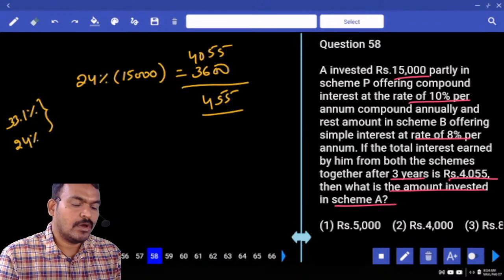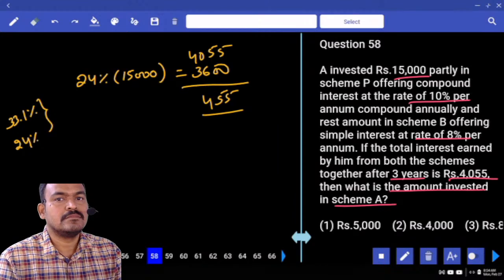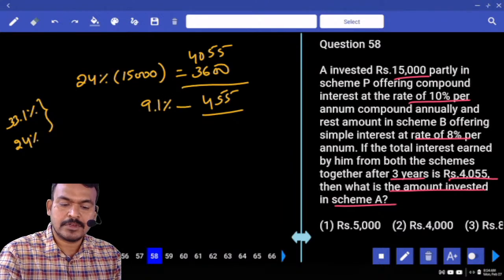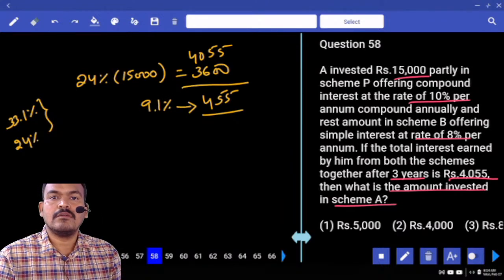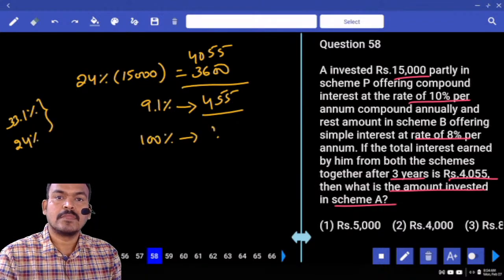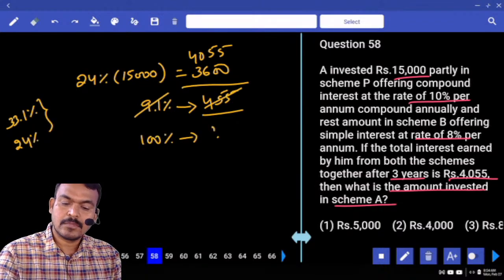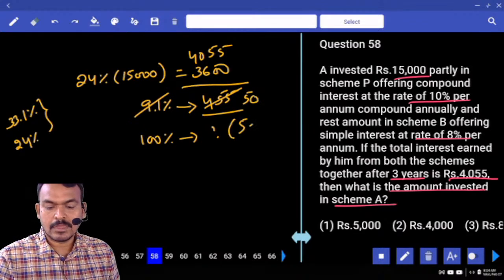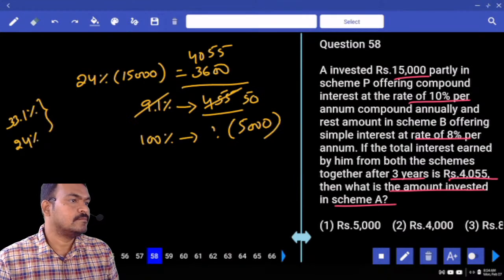7.1% or 9.1%? 9.1%. Percentage-wise difference is 9.1%. Value-wise difference is how much? 455. But we required how much percent? 100%, or 91, almost 50 times, or 50 into 100, 5,000, or